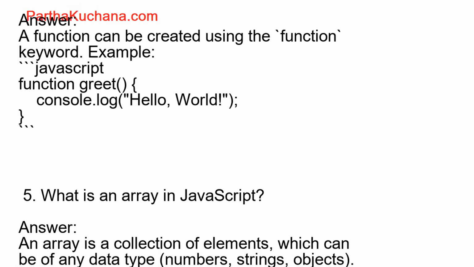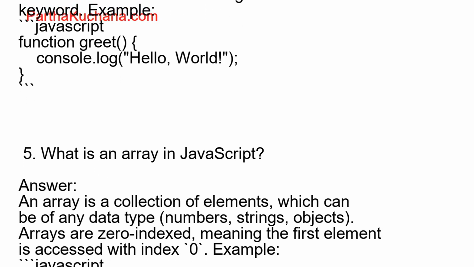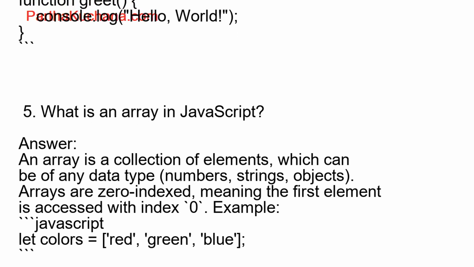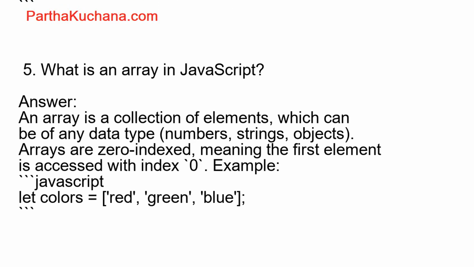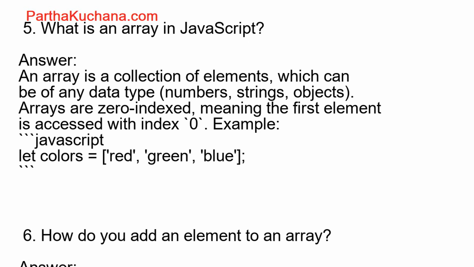6. How do you add an element to an array? Answer. You can use the push method to add an element to the end of an array. JavaScript: let fruits = ["apple", "banana"]; fruits.push("orange"); // ["apple", "banana", "orange"]